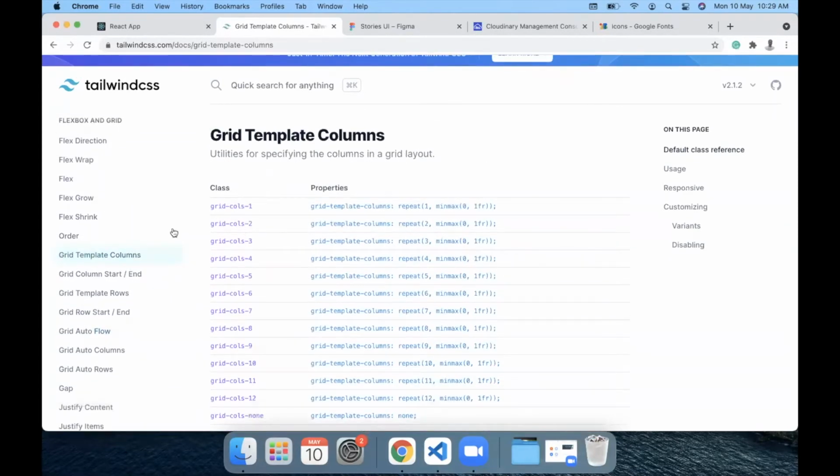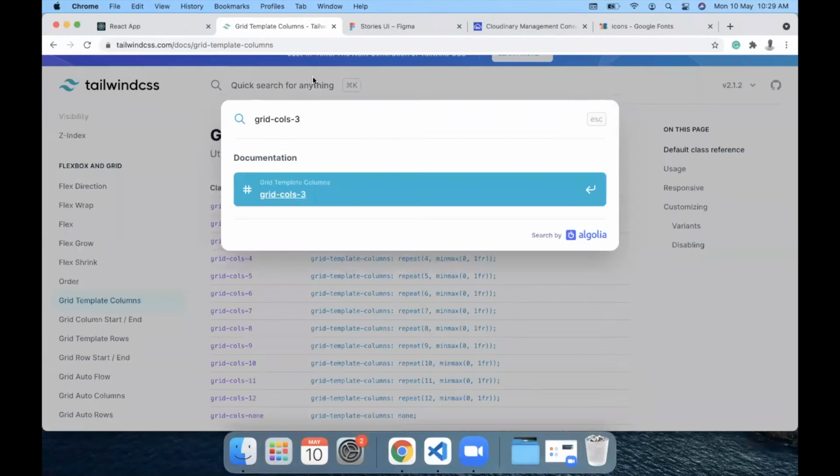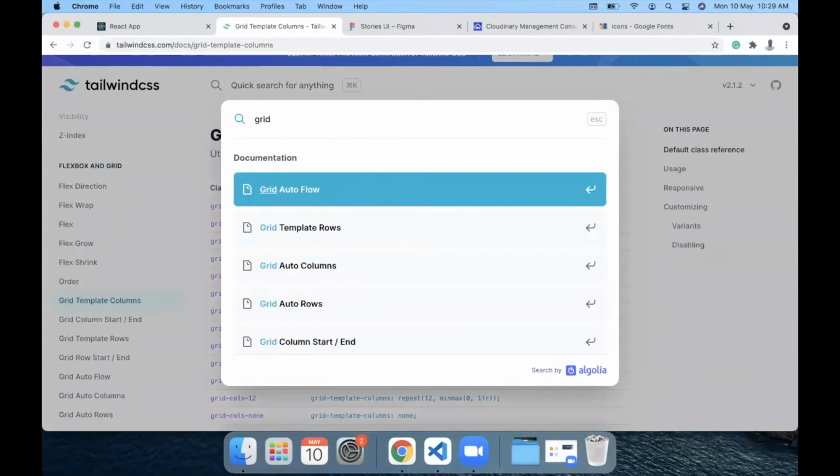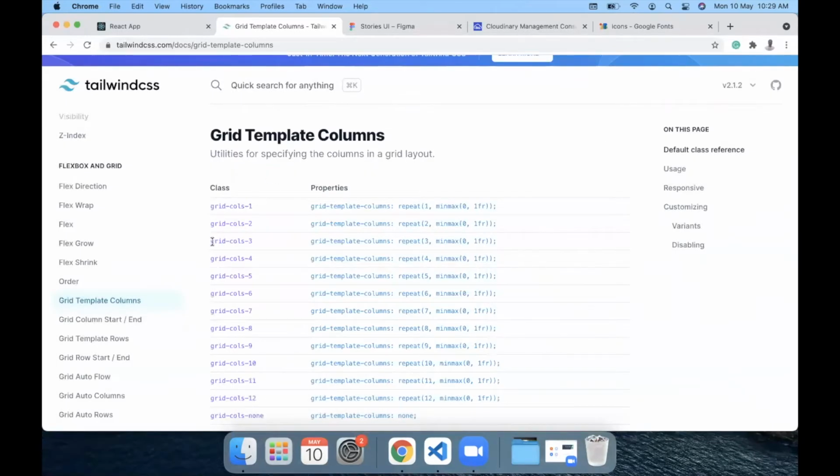And we are going to use the grid-cols property to set the number of columns to 3. I think we also need to specify grid as a CSS. Let's just check. Okay, let's just have this grid-cols-3.